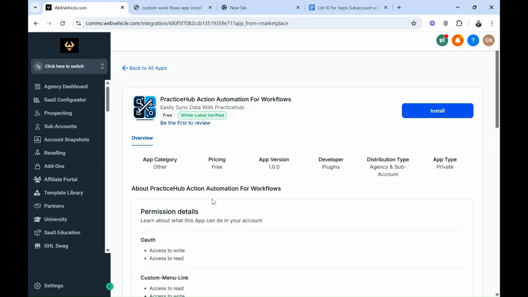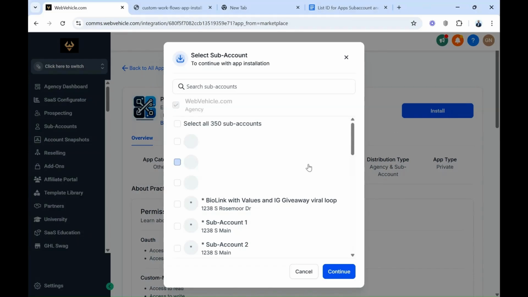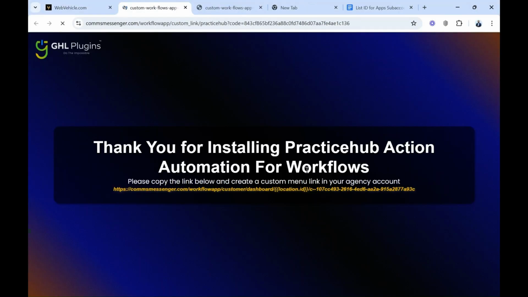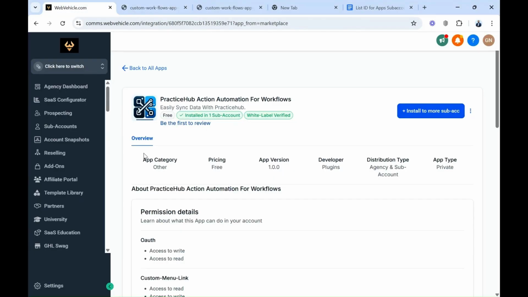First and foremost, you go to the App Marketplace to search for the app, and then you come here to install, and then you select the sub account where you want the tool to be installed. So let's go for sub account 1 and then allow install. You automatically open this new window in order to copy the custom mailing URL. So you click here, make sure it's copied, and you switch back to the agency view in order to create